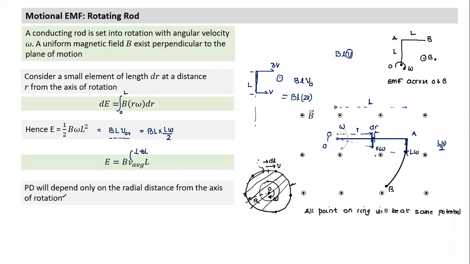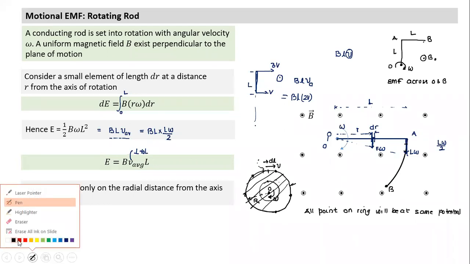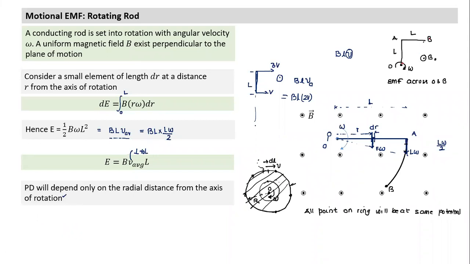It only depends on the radial distance. So this is the logic I'm saying. Rather than taking OB, it will be the same as a rod which is connected from here to here. What will the EMF across O and B be? Even here, if I have rod OB rotating with angular velocity omega, this becomes root 2L. What is the EMF across OB? In place of L, I'll substitute root 2L. I think I'll come to this point again in some other question.